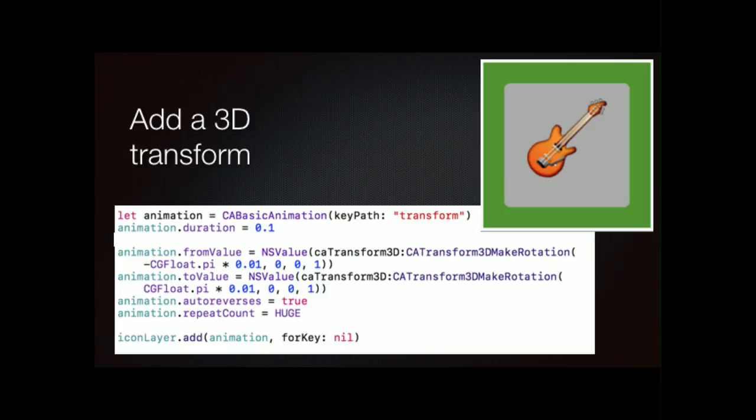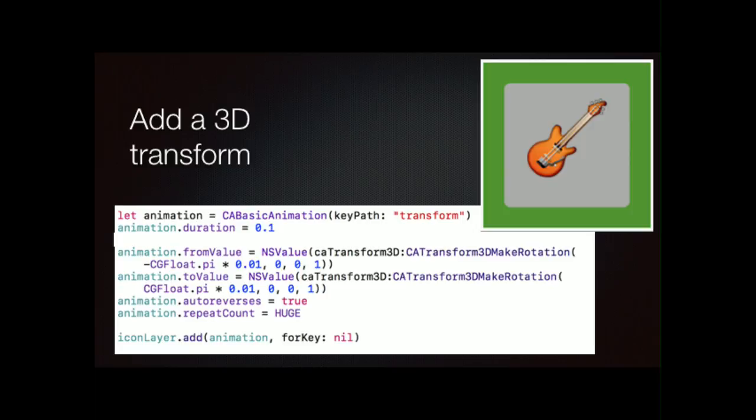Okay? And so when we have a 3D transform, we can transform by scale, by translation, or rotation. And we're going to use rotation more than anything else here. And you'll notice that we're giving it a value of negative CGFloat.pi. Okay, that's the new language for pi being moved into the type in Swift, in the part version of Swift. Negative CGFloat.pi times 100. And then what we're telling it with the 001 is apply that value in the Z